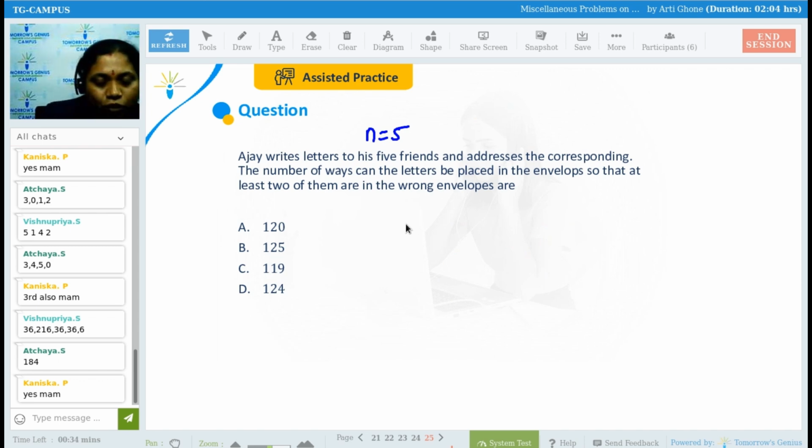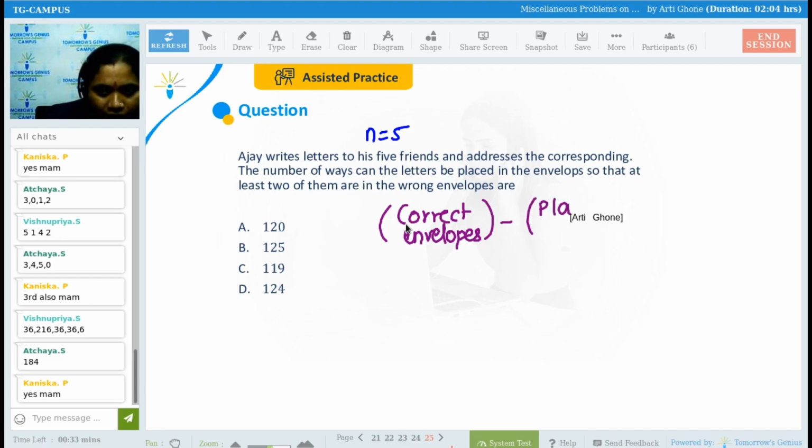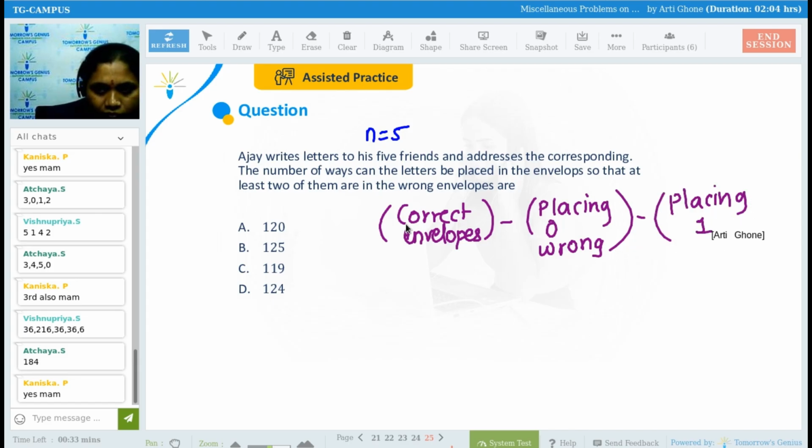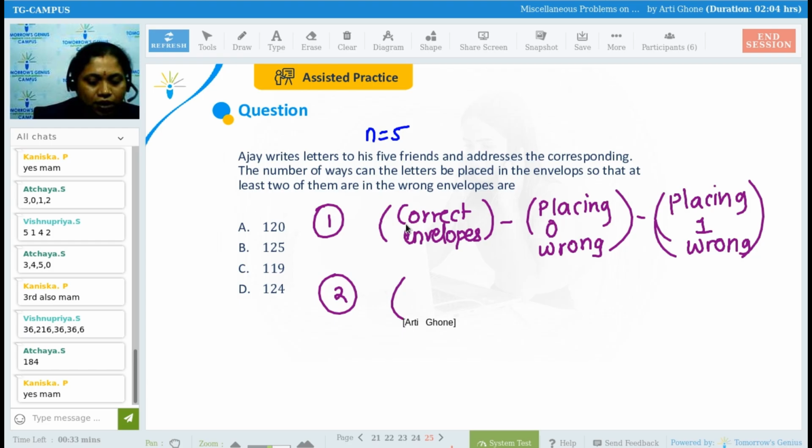Ajay writes to his friends. Now what we can do here is, better to do correct envelopes minus placing 0 in wrong envelope, minus placing 1 wrong. Clear? Opposite cases I am considering. Either we can do this method. This is the first method, or the second method is wrong envelopes